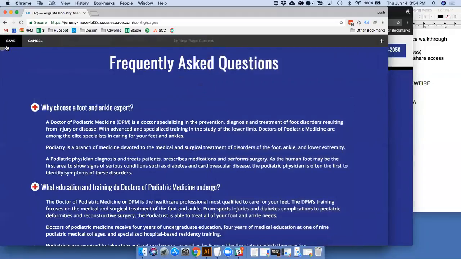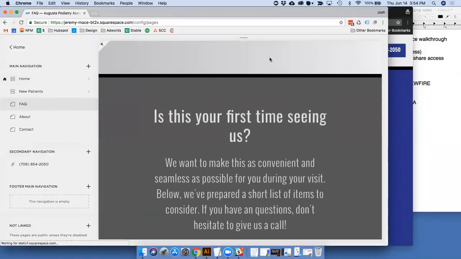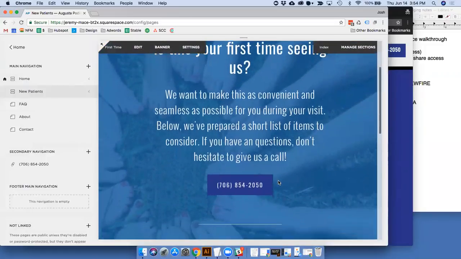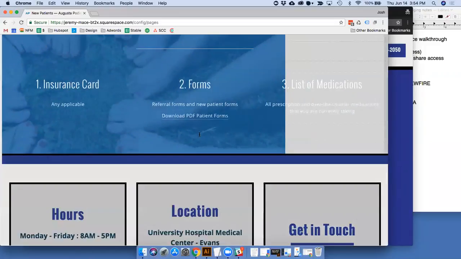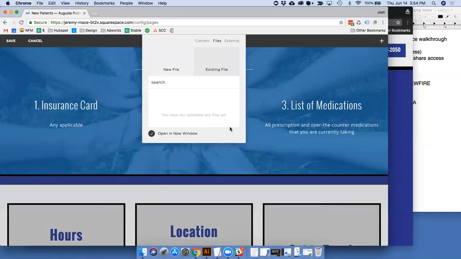Let's see. And let's go to new patients. So this is another one where it's mostly just text blocks. We've got our patient form. So our patient form is,